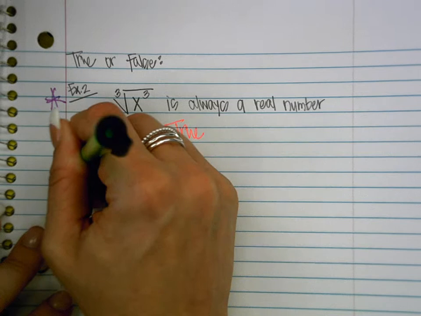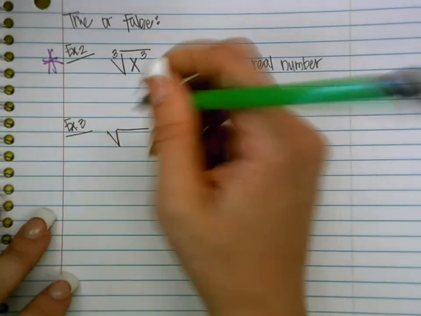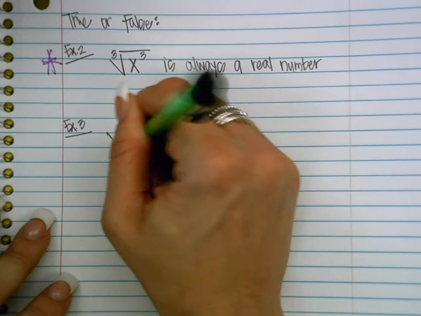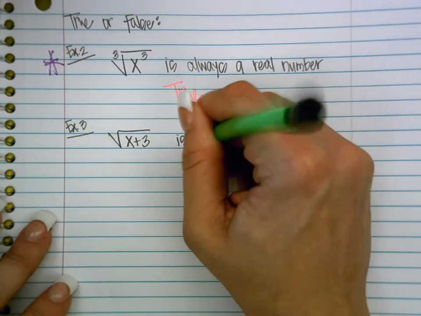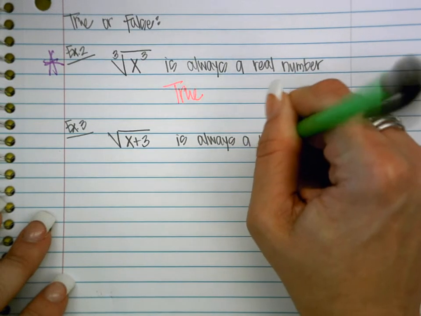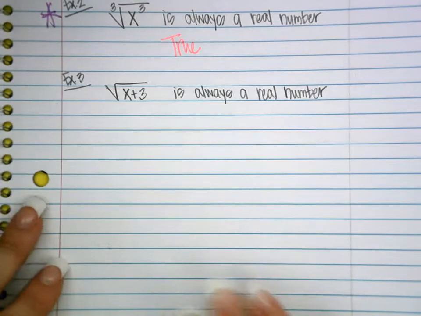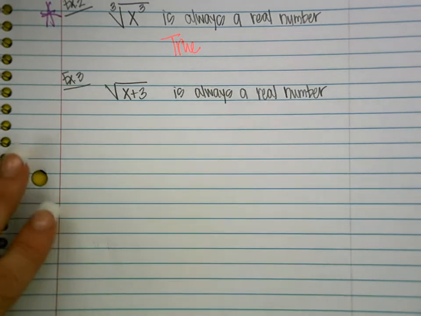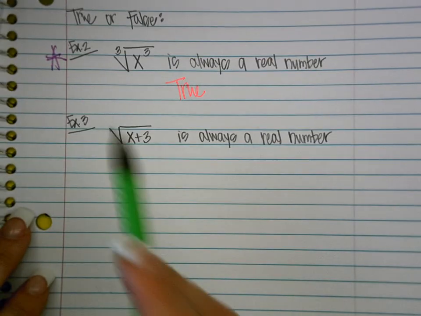For number 3, I would like to know true or false. The square root of x plus 3 is always a real number. Square root of x plus 3 is always a real number. Okay, and while you're writing that down, I want to go back to this first one, back to number 2,